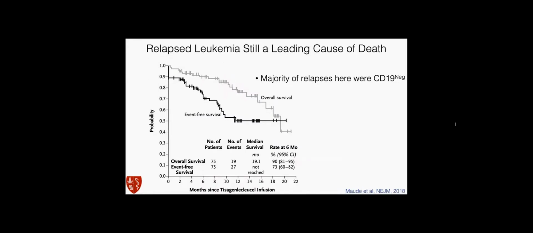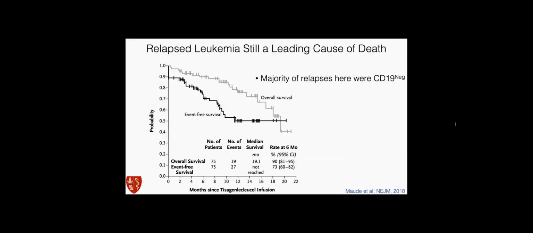However, one of the main challenges that we still face with these patients is relapsed leukemia, and about 15 to 20% of children still relapse. And even though we have had this fantastic new option for these patients, which is CAR T cells, which are T cells that are engineered to recognize a protein on leukemia cells, we still have a significant number of patients that fail these therapies. This Kaplan-Meier curve is from the pivotal trial of tisagenlecleucel, which is the Novartis CD19 CAR T cell, and this is what led to the approval by the FDA for this first CAR T